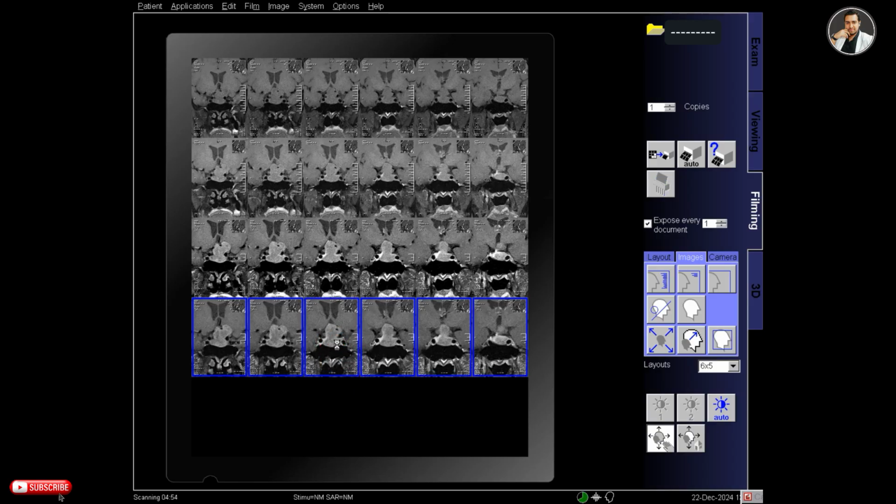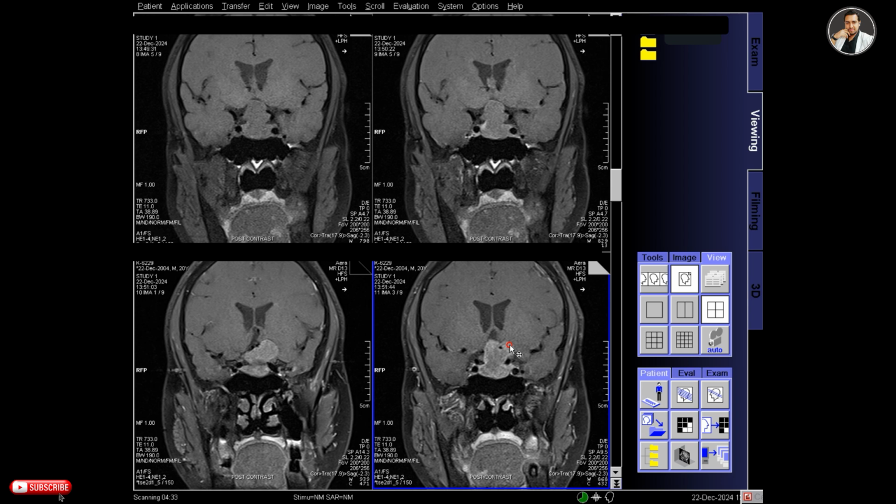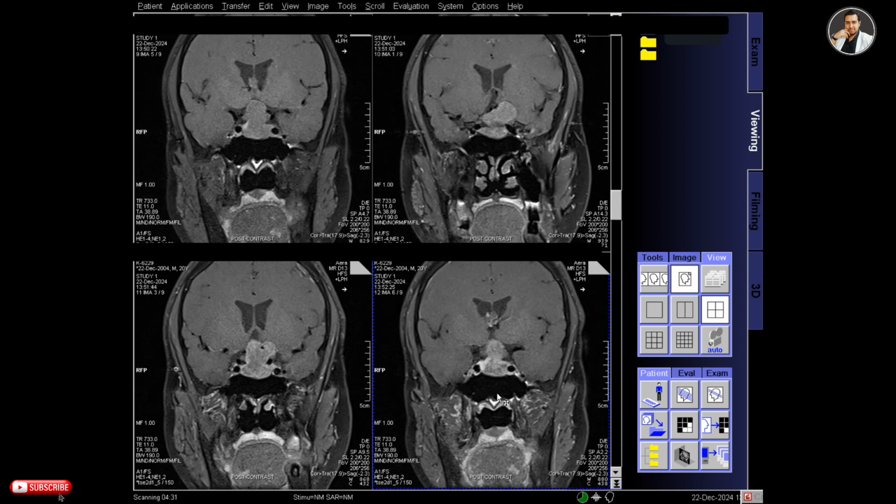Slightly enlarge the images so that the pituitary adenoma is visualized. So this is the fourth scan from the dynamic series, and another row will be filled up by the fifth scan. So let's send the fifth dynamic scan to the film.